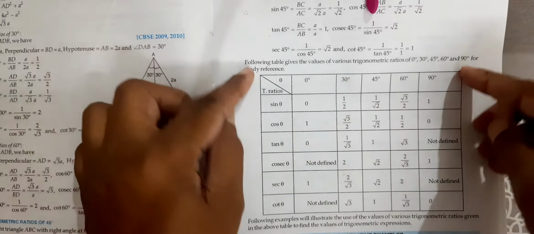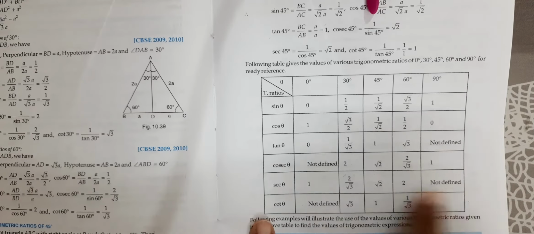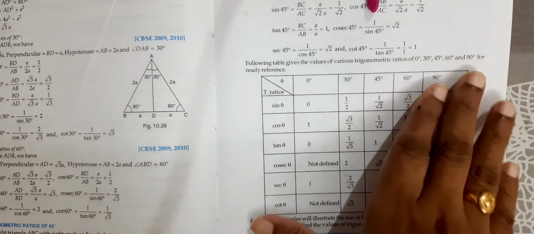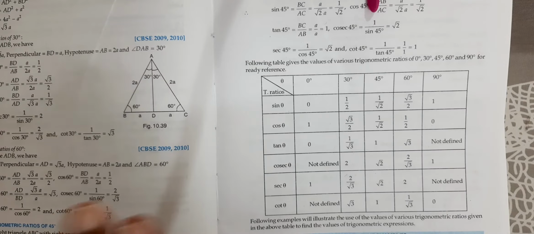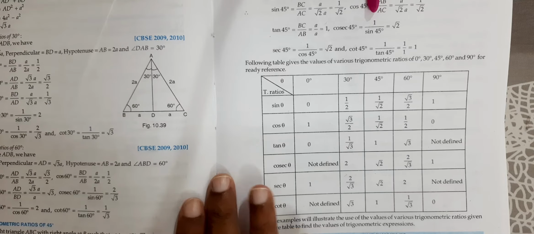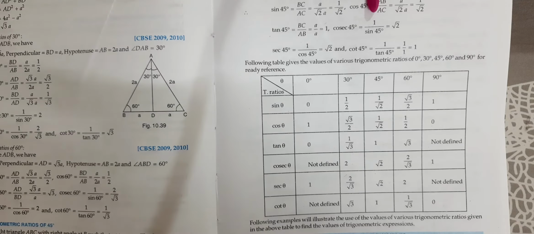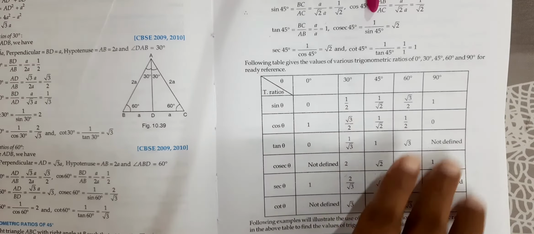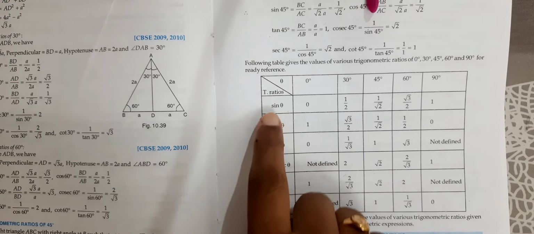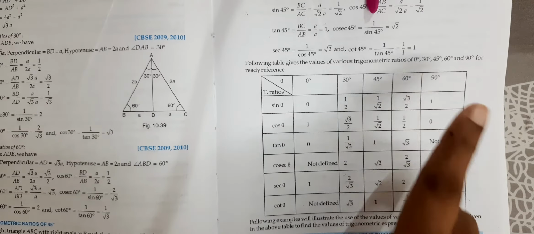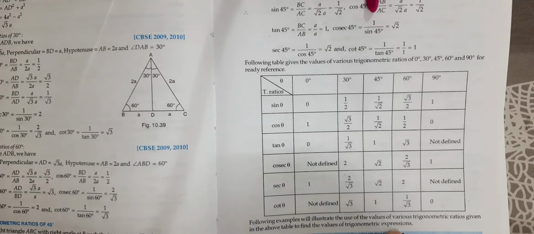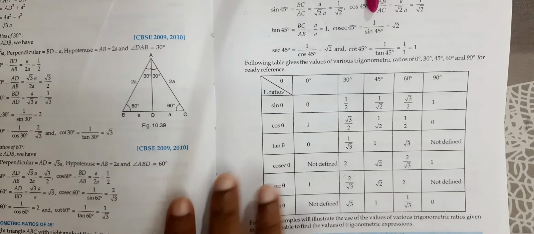See here you can see a table with altogether 6 rows and 5 columns, 30 values. These 30 values are not necessary for you to remember. As we start applying them in the problems, automatically we'll get all the values, but don't learn by heart all the 30 values. If you remember only the sine values, that is enough. The remaining table you can fill by yourself. I'll tell you what techniques we need to use.